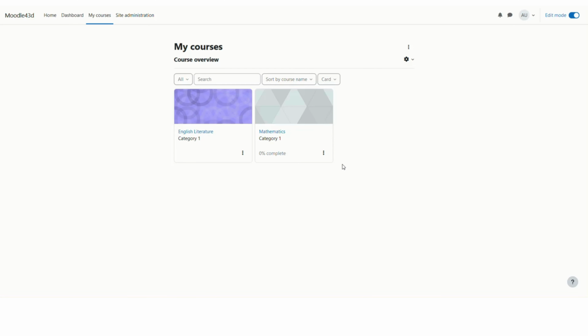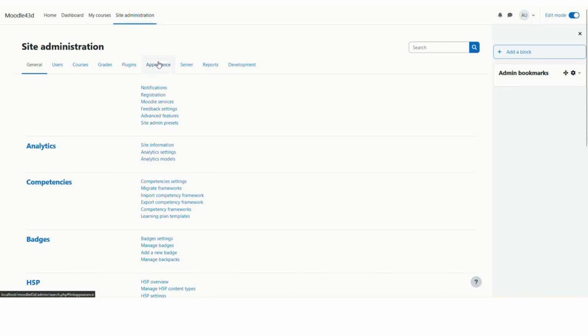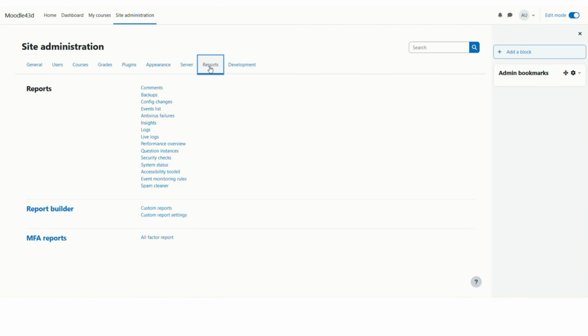So you can just log into your Moodle site as an admin and then go to the config changes report to find out which changes have been done by which user. So you need to log in as an admin user on your Moodle site and go to the site admin page here, and then go to the reports tab. On this reports tab, you will see the third link as config changes. So this is the report which we are interested in right now. So just click on this one,